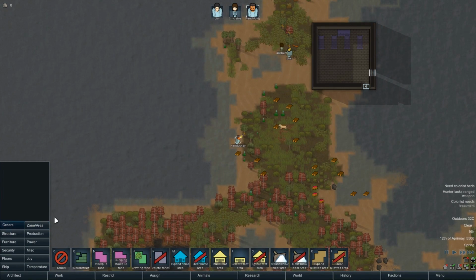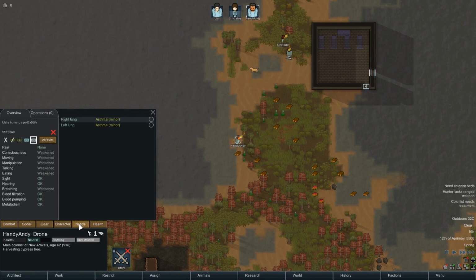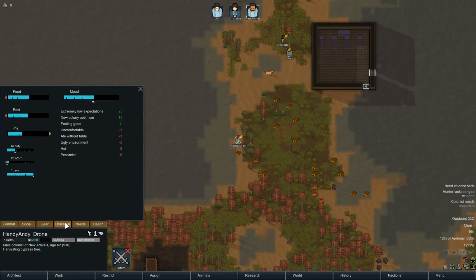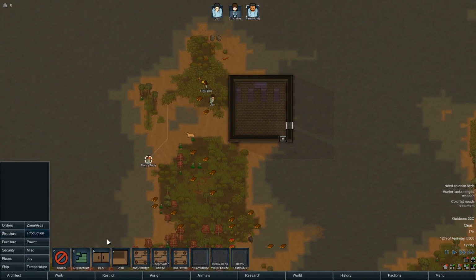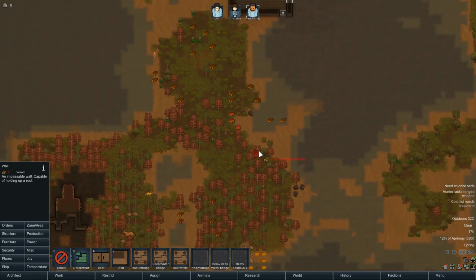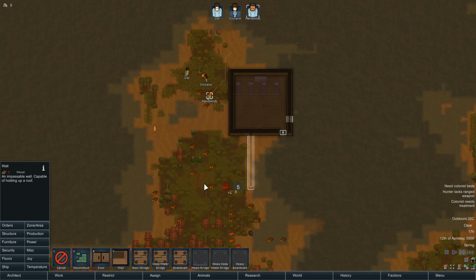Hang on, let's have a proper look at him. Oh, he's got asthma. Generally weakened. Ain't great. Right. Yes, I definitely need to get on with stuff, don't I? Growing stuff is going to be a bit of a pain. I think... Not enough wood stuff. Oh, I can't grow...